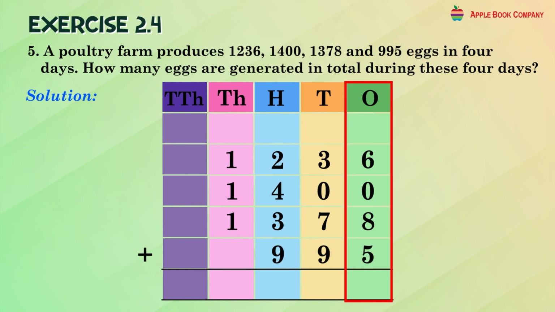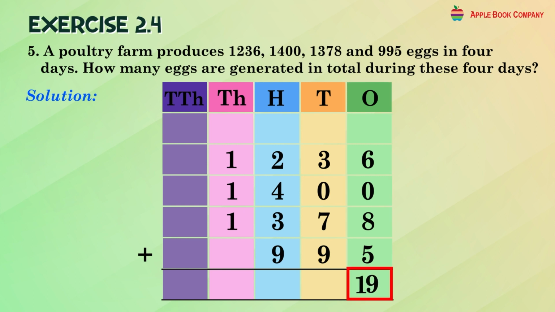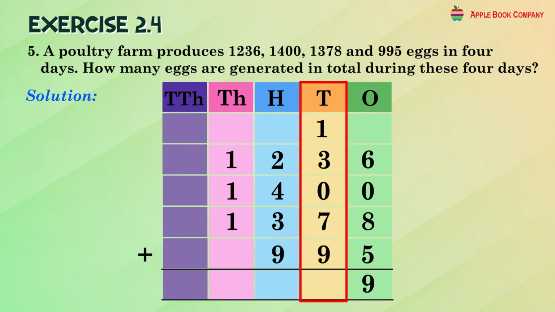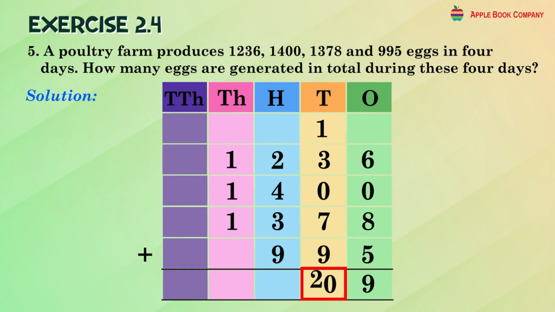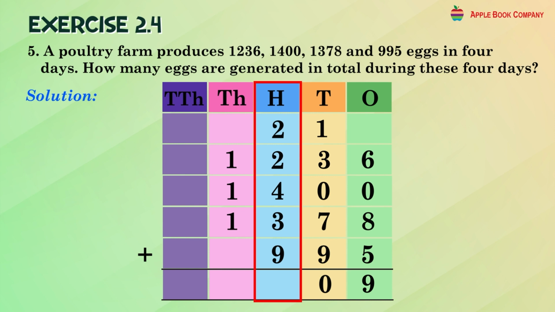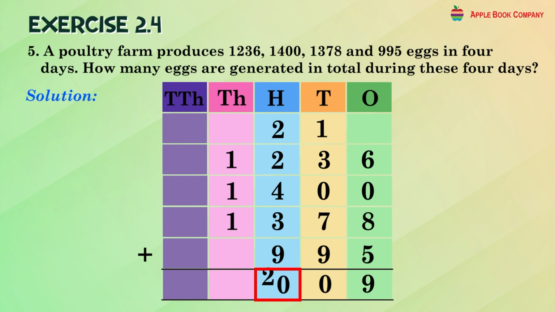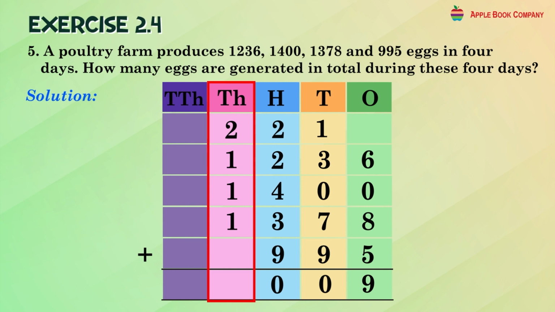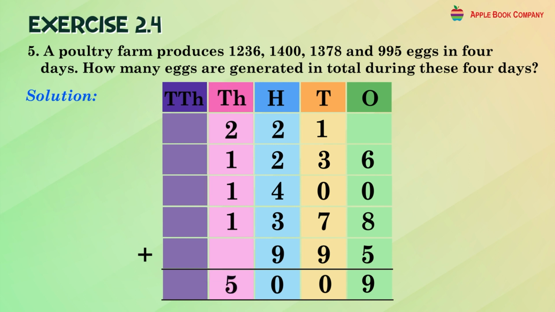When we add ones, we get 6 plus 8 plus 5, which is 19. We write 9 at the bottom and take 1 to the top at the tens. Now 1 plus 3 plus 7 plus 9 is 20. So we place the 0 at the bottom and take 2 to the top at the hundreds. 2 plus 2 plus 4 plus 3 plus 9 gives us 20 again. So we place the 0 at the bottom and take the 2 to the thousands. 2 plus 1 plus 1 plus 1 is 5. Total eggs generated during 4 days are